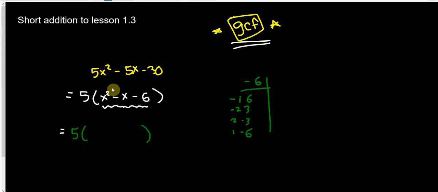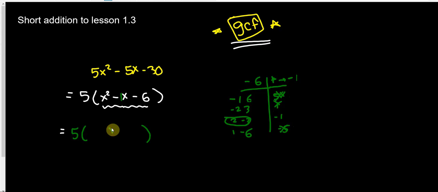Now let's look at our middle term. We want it to add. There's no number showing there, but we know that's an understood negative 1. So we'd like these things to add to negative 1. So let's see. Negative 1 and 6 adds to 5. That's not it. Negative 2 and 3 adds to positive 1. That's not it either. 2 and negative 3. Oh, that's negative 1. That's it. But just for continuity, let's go 1 plus negative 6. That's negative 5. That's not it either. So these are the two numbers, a positive 2 and a negative 3, that we're going to use to factor